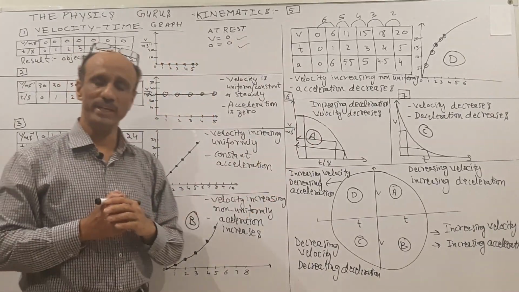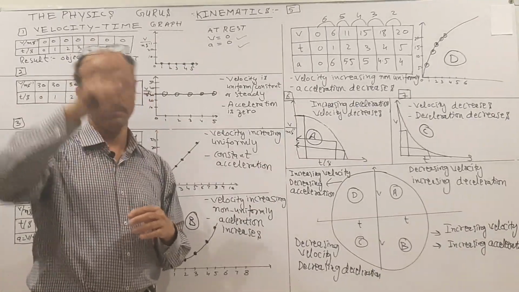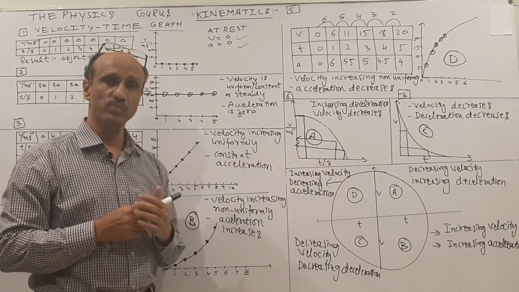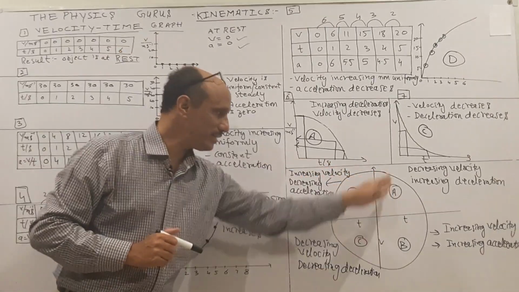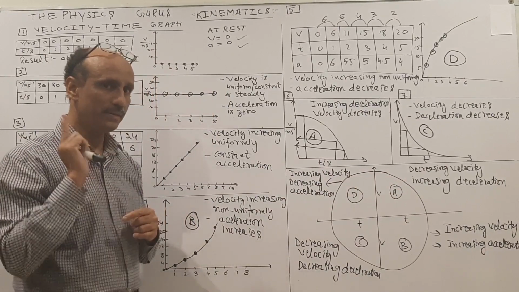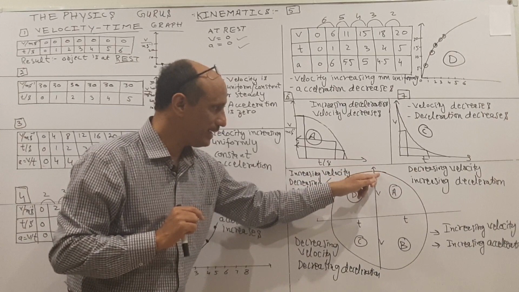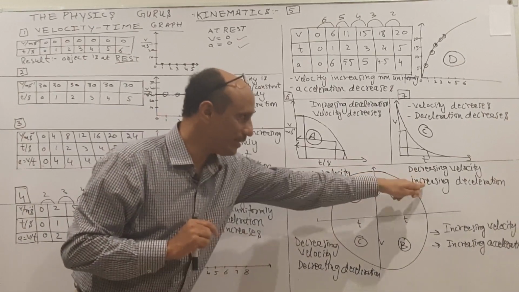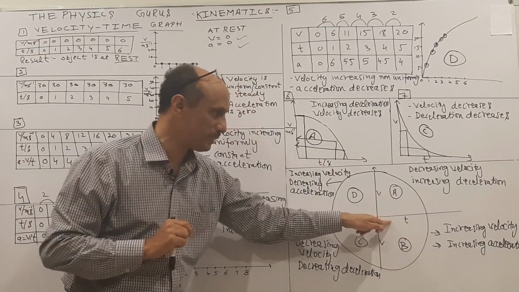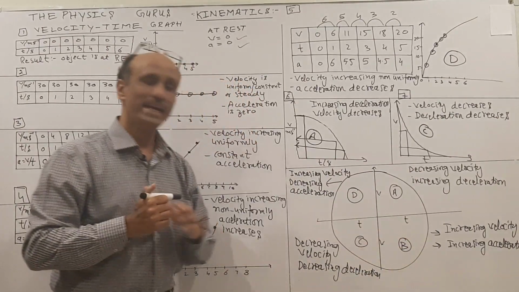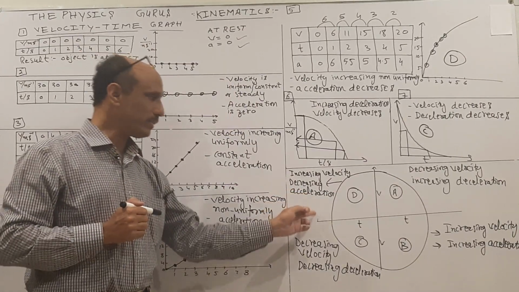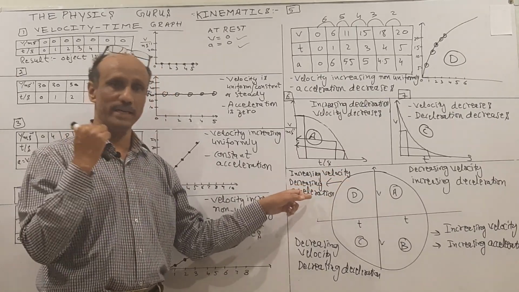Now again, I will re-explain the circle logic with respect to the velocity-time graph. I have divided this graph into 4 segments. So the right hand side will always represent increase. Now keep one thing in your mind. If the velocity is decreasing, it means increasing deceleration. If velocity is increasing with respect to time, then it represents increasing acceleration. Similarly, at this point, I will write down that this curve represents the decreasing. The logic I have already explained.